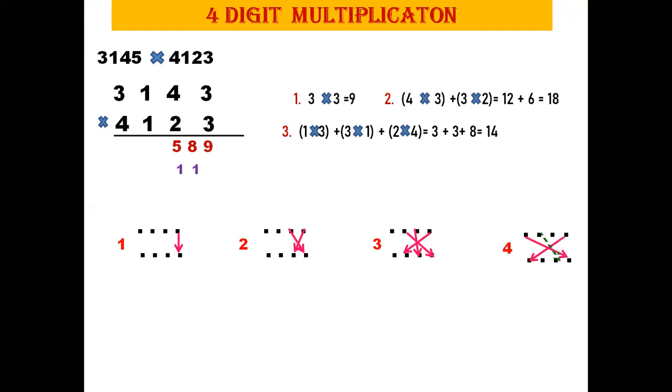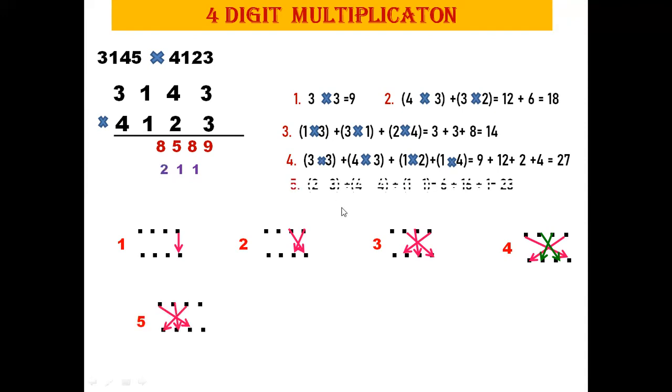Next step is we multiply crosswise. First the leftmost digit and the rightmost digit. So 3 times 3 plus 4 into 3. Then the middle one. 1 into 2 plus 1 into 4, which gives us 27. We add 1 to 27, we get 28. We write only 8 with 2 carried over.